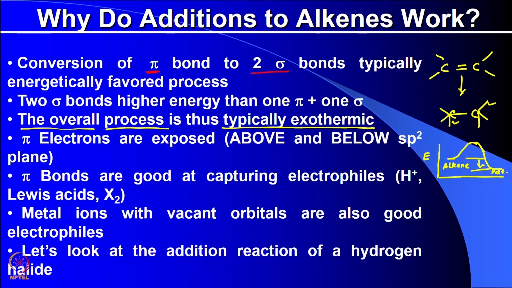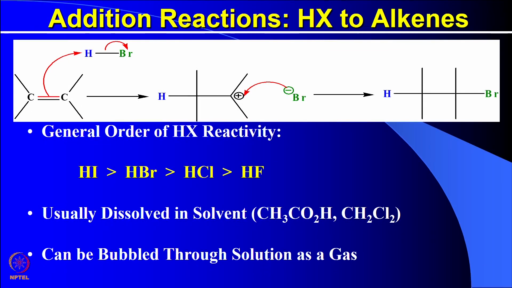So let us look at the addition reactions of some hydrogen halides. When you try to add a hydrogen halide to an alkene, the first step is the breaking of this pi bond. So the pi bond is broken and the electrons are donated to the H+ and it forms this carbocation and Br- is released. And then in the solution, this Br- gets attached to the carbocation site and forms the